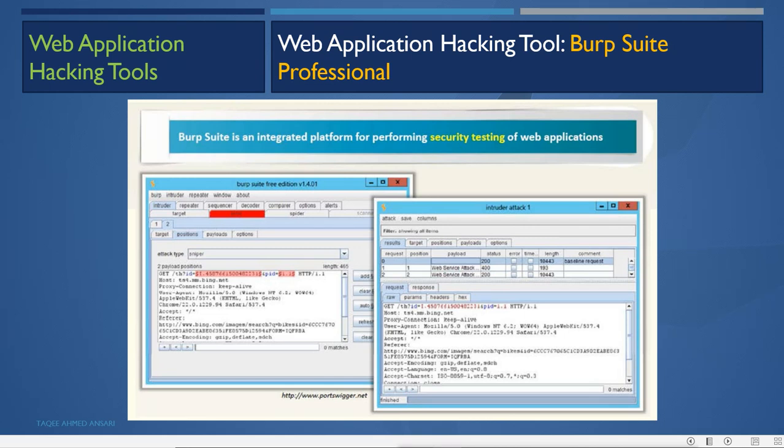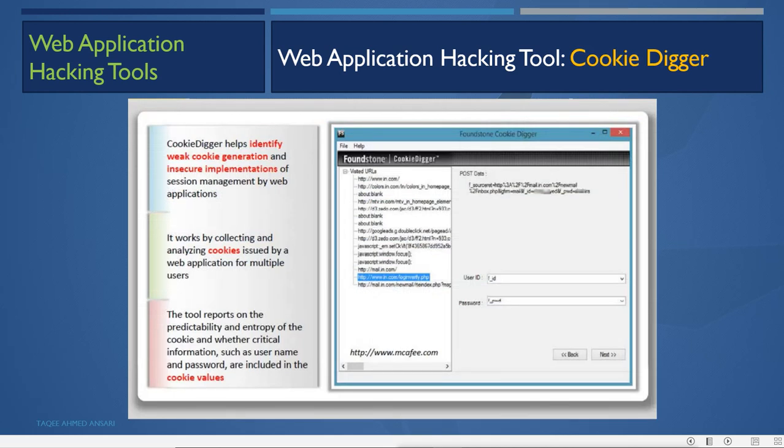Then we have Cookie Digger. This Cookie Digger helps identify weak cookie generation and insecure implementation of session management by web applications. It works by collecting and analyzing cookies issued by a web application for multiple users. The tool reports on the predictability and entropy of the cookie, and whether critical information such as username and password are included in the cookie values.